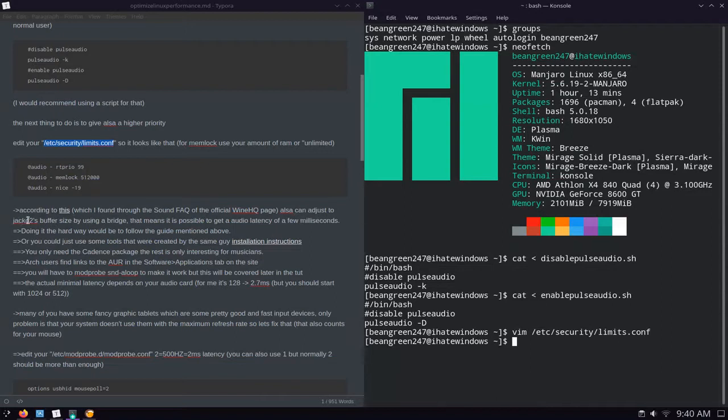You can also adjust JACK D2's buffer size using a bridge. Basically it will make you able to shave off a few milliseconds of latency, but it also depends on what you're doing. There's also the minimal latency. I have actually 256 or 120. When it comes to this,